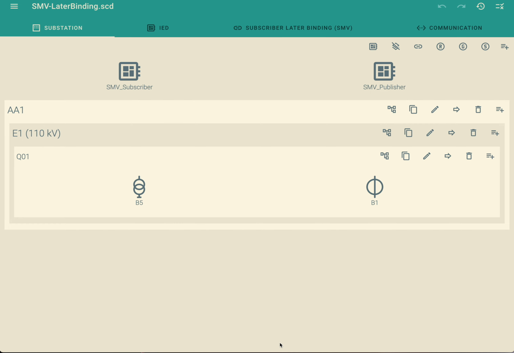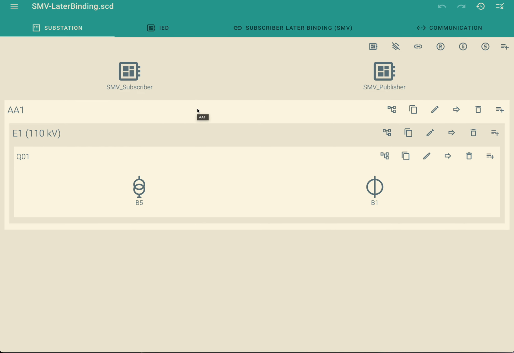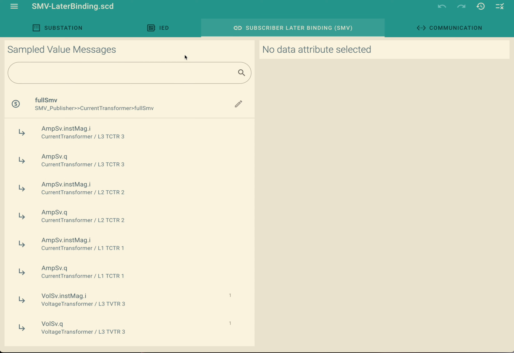to connect the sampled value publisher with the sampled value subscriber using the late binding concept. For that, we have loaded a project with two IEDs. Sampled value publisher is our source that contains the three sampled value messages, sampled value control blocks that we want to use. The sampled value subscriber, our sink, contains all the predefined external references that are needed for the late binding concept. Now, in order to do such a connection, you have to navigate to subscriber late binding sampled value